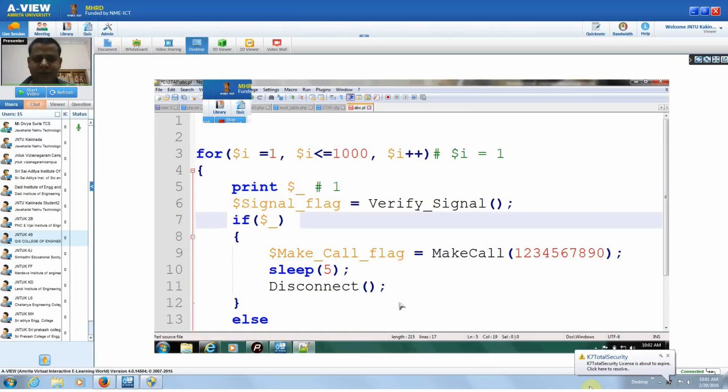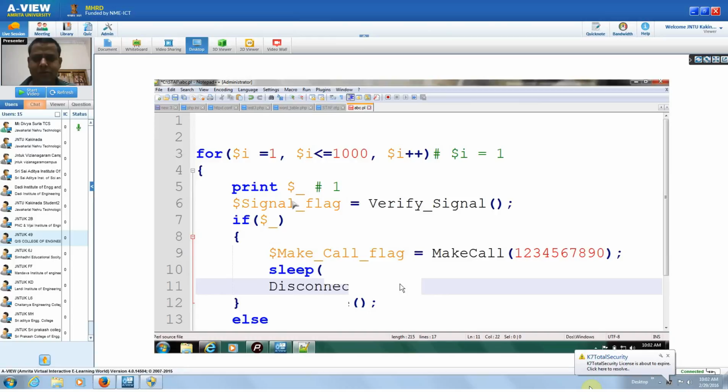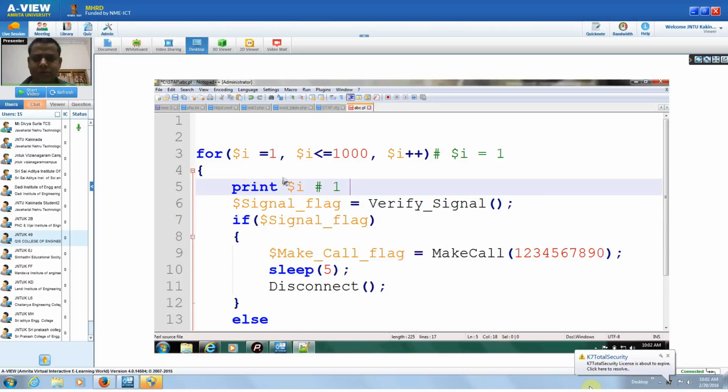Now if I use this $_ multiple times, then it is difficult to debug in depth. That's the reason we are not suggesting $_. We can utilize a flag, then we can use $I here. Okay, now we can debug easily, and anyone who is going to debug this can understand it easily. If another person is trying to